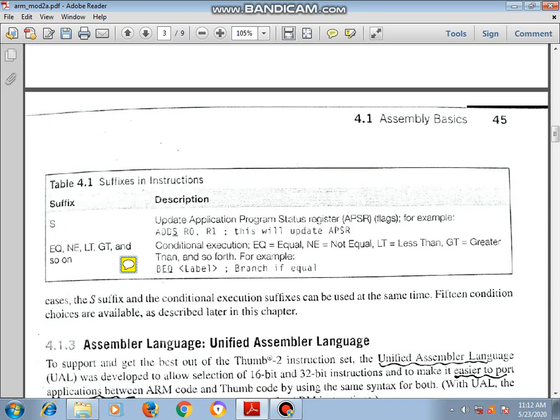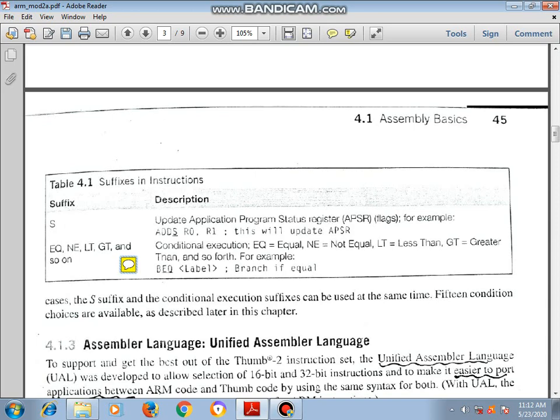We'll see how it can be used. BEQ means branch if equal. Here you can see, branch if equal means if the two operands are equal, then it will jump to the label. It will do the branching operation.